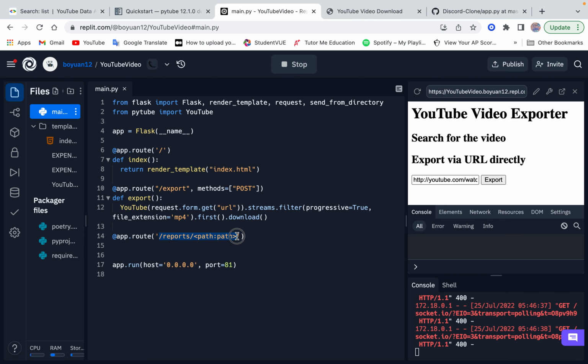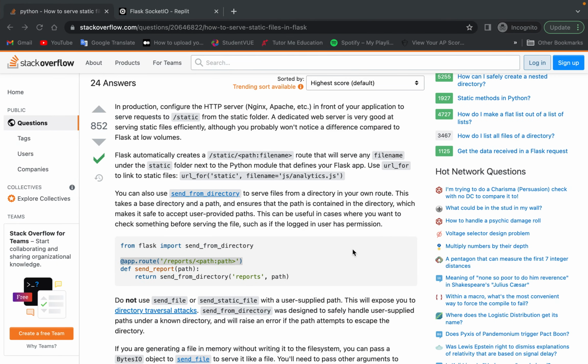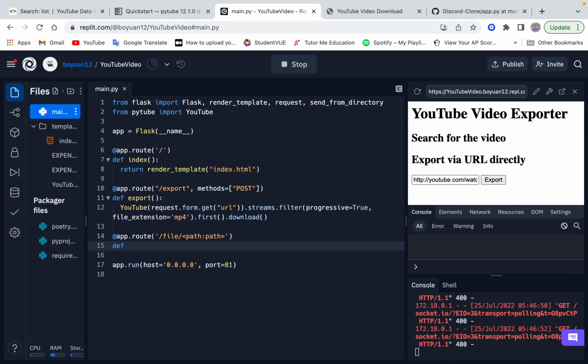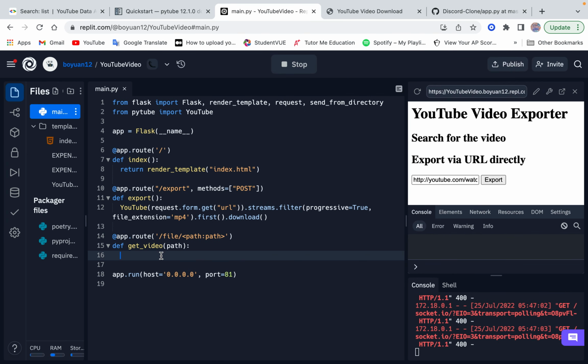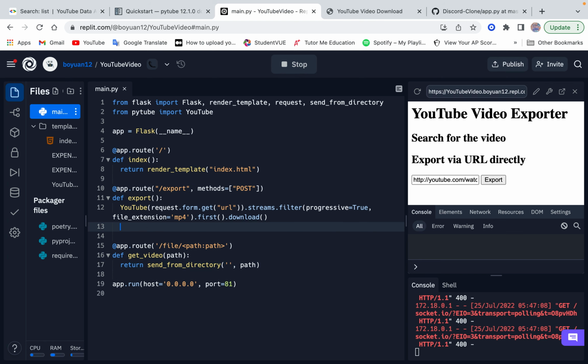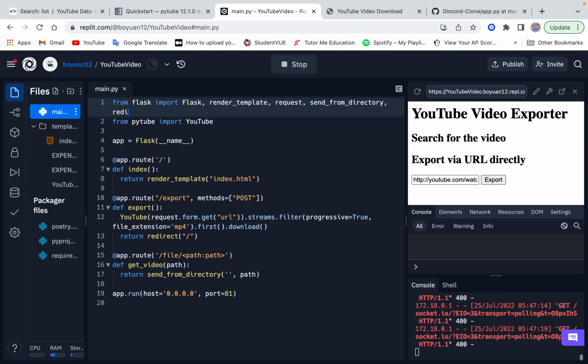So I'm gonna say /file/pass/pass. So it's really just gonna be on the root directory, which I suppose is fine. And then here just gonna say return send from directory. It's gonna be the root directory, so nothing maybe. That's usually how it works, I think. And then I'm gonna redirect them to /file/